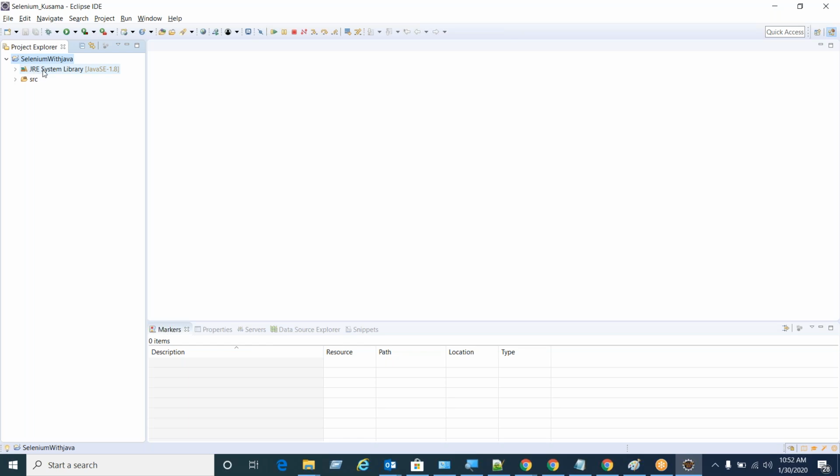Similarly, if you create another project, for that project also the SRC and JRE system library will be created. If you create a number of Java projects, for all the projects, SRC and JRE system library will be created. So SRC is for source code and JRE system library is for running the programs. Okay. So what I'll do is, let me delete,